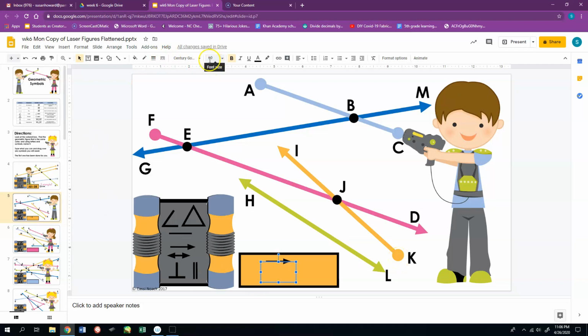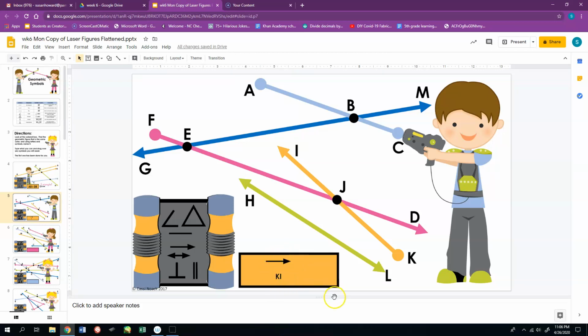Now I see my font size up here is huge, so I'm going to change it to a size that's going to fit in that box, maybe about a 14 or 18. I hope. Okay, so now I sort of have